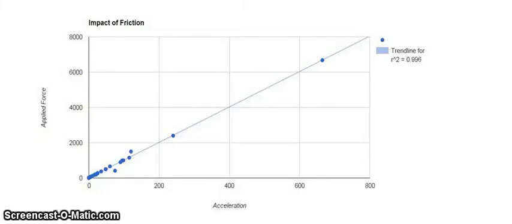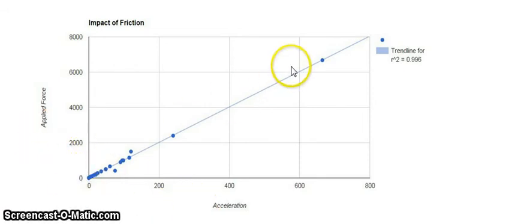I think there was an alternative way for me to draw out the impact of friction with this physics lesson, and it didn't occur to me till after the lesson, so I thought I would take a look at it now. Here is the graph of the second activity, where the students collected accelerations and applied forces, and then we